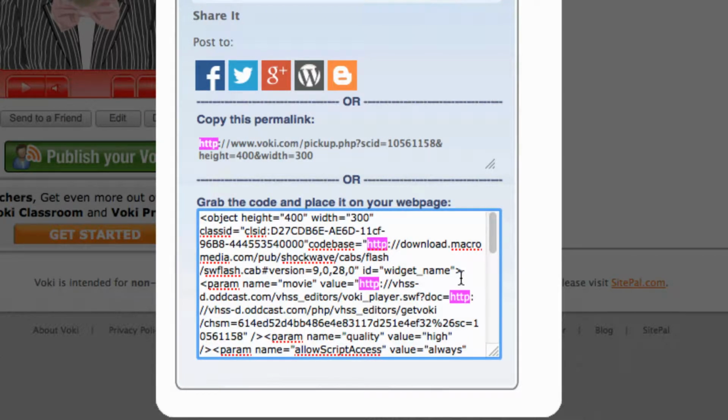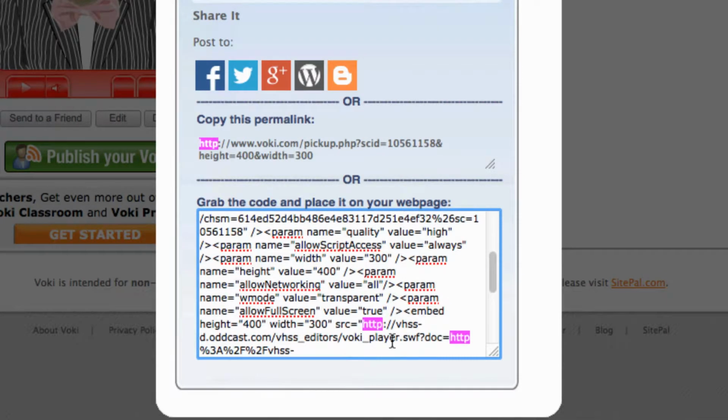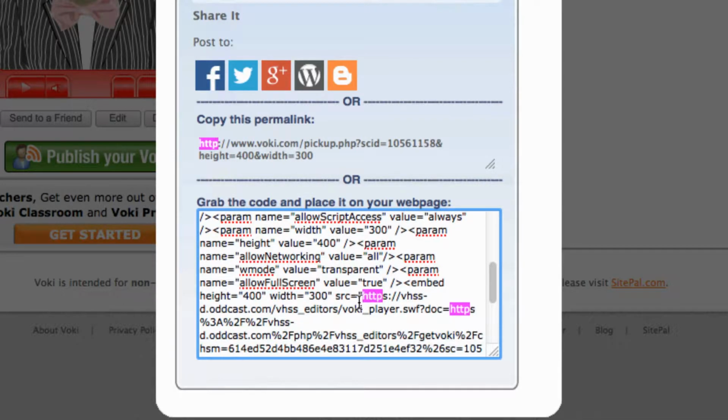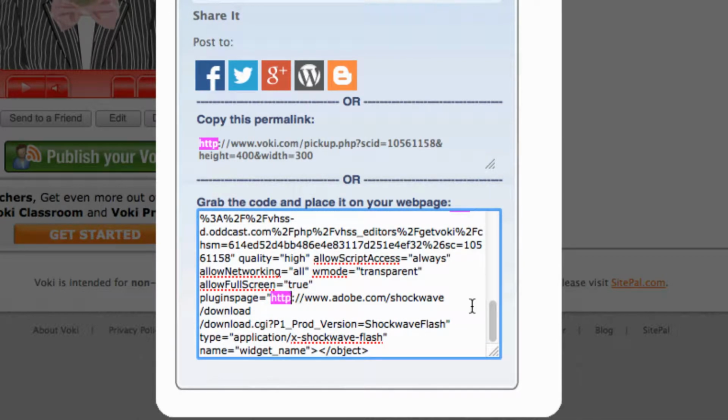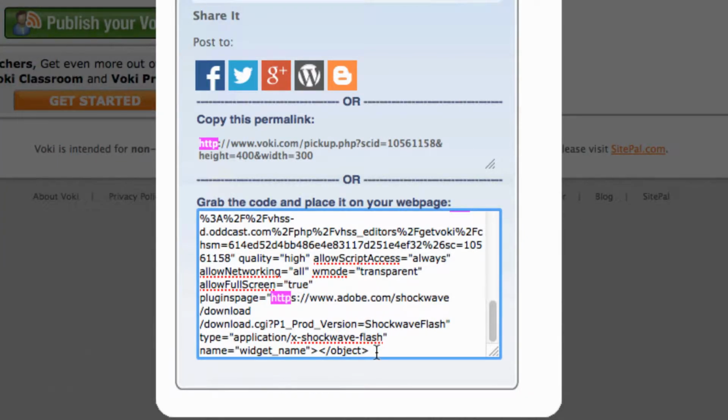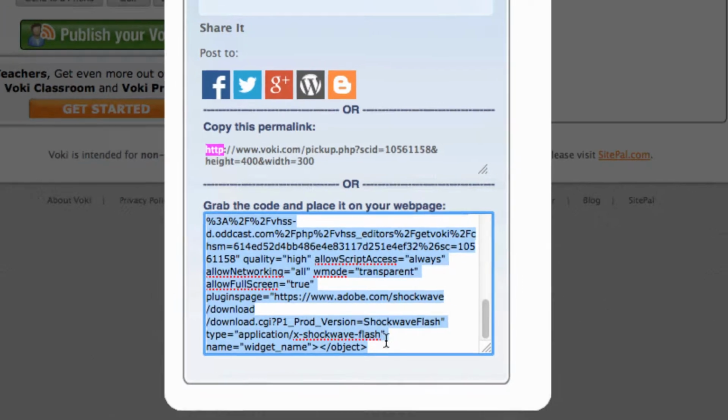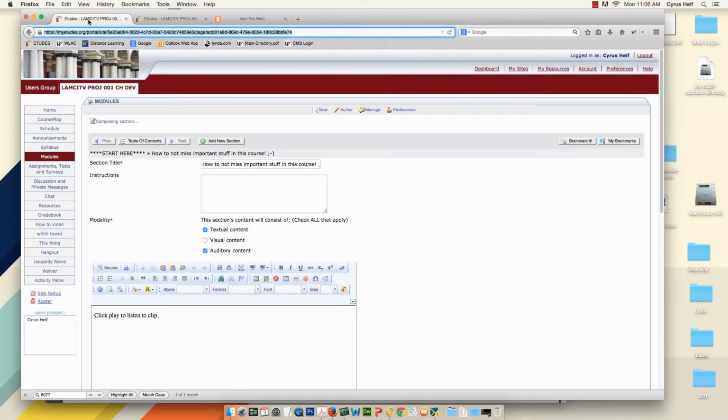So I'm just going to add an S here, add an S here, add an S here, and so on. And this is just so that we won't have any problems in Etudes. So now that I've highlighted everything, I'm going to copy this code, and then I'm going to go into Etudes